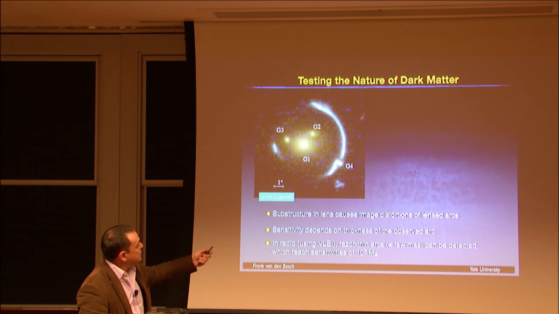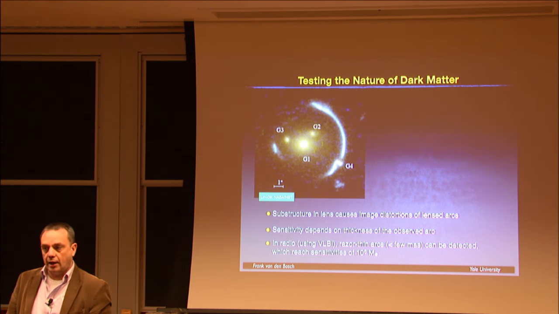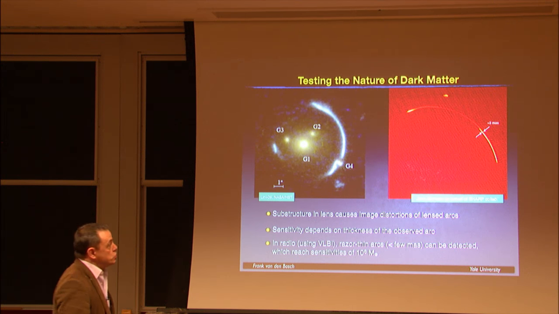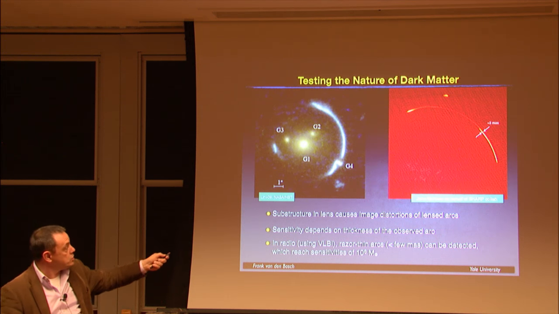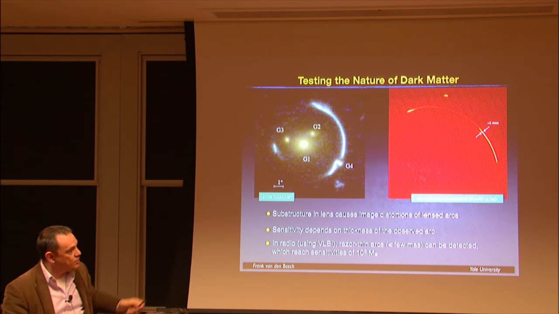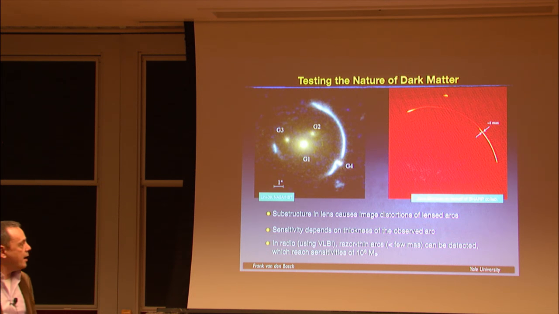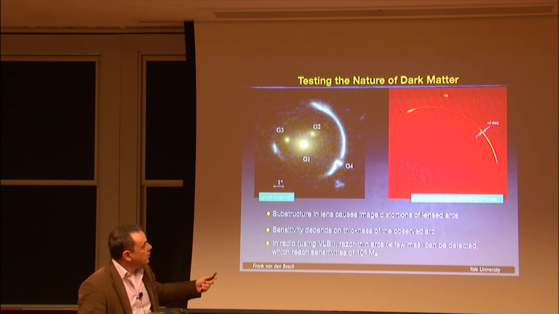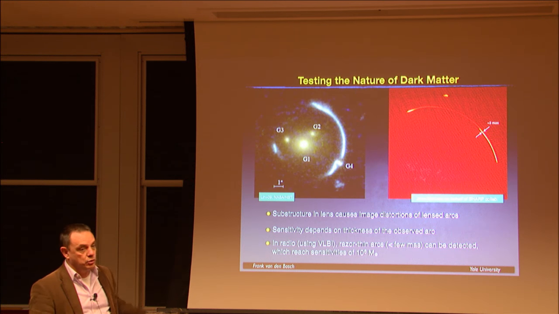The problem is that with these thicker optical arcs, you don't have good sensitivity to probe really small mass halos. But with something like this, you do. This is a marvelous example. This is a radio jet that has been lensed and turned into a beautiful razor-thin arc, 3 milliarcseconds thick, observed with VLBI by John McKean and collaborators. And you see there's no obvious distortion at all along this beautiful arc.